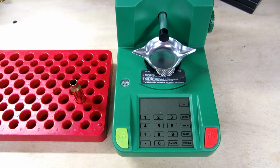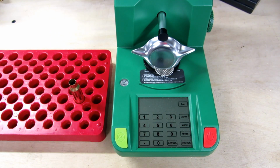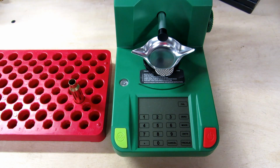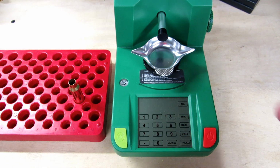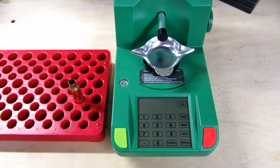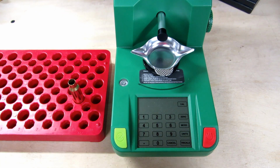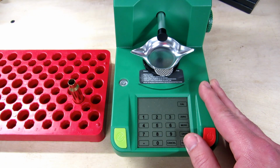Alright, we're just going to cover briefly putting powder into a case, because there are a lot of different little methods, and this is not something you really need to focus on. If you have the load data, you have a specific amount of powder that you need to put in it. Read the owner's manual on your powder dispenser, or if you're using old scale systems, you have to balance that out. So with this RCBS Mini, I believe it's a 1500 series,